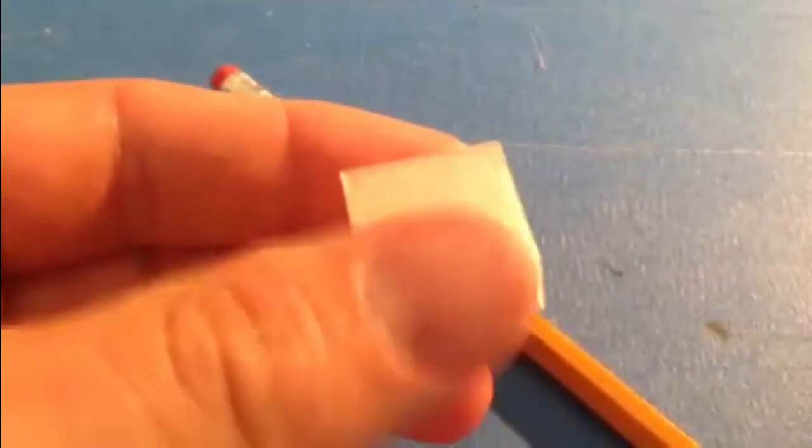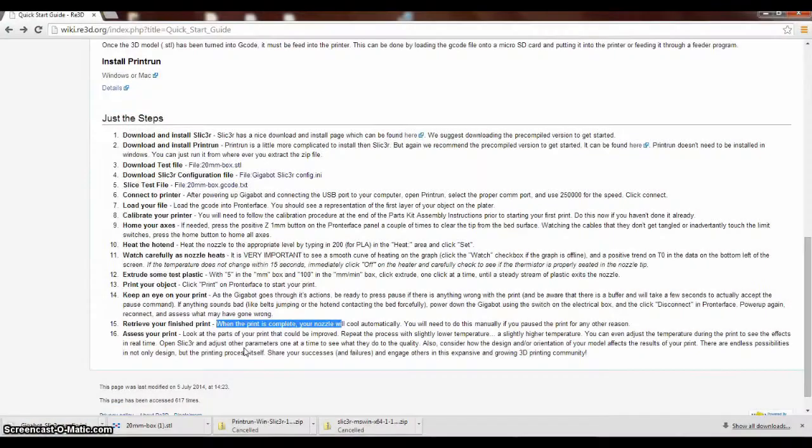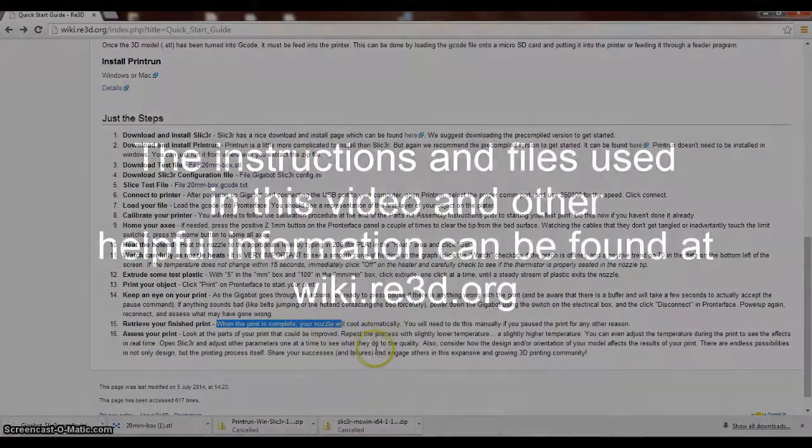Well, with that, the Gigabot is going ahead and printing my test cube here, and that is the end of our tutorial. So we hope that you have a good experience setting up your printer,